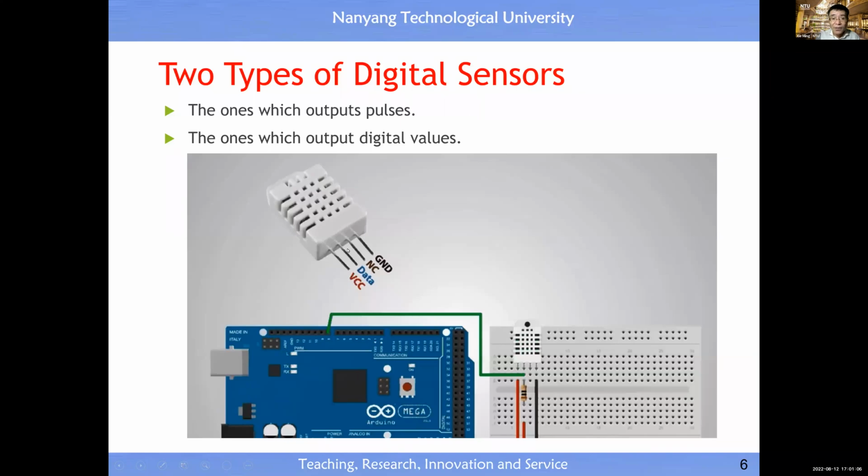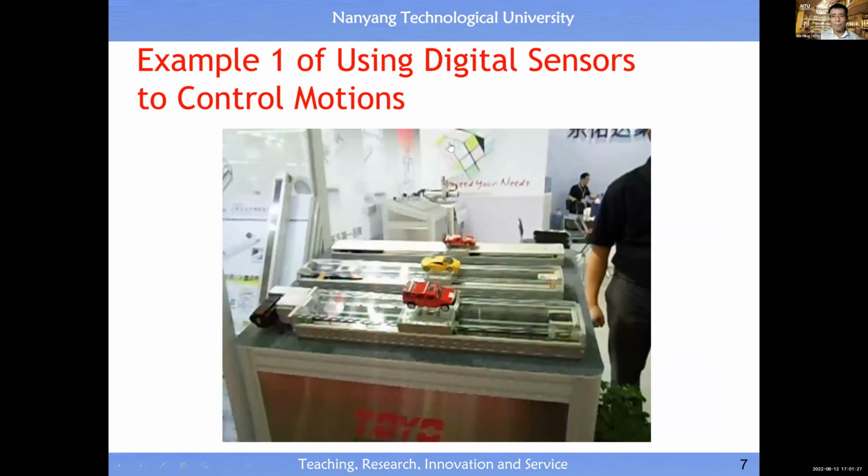Then the output here is also a square wave channel, but this square wave actually carries information. So in this case, we just treat this as data, but don't treat it as a string of square waveform, right? Okay, and then for the encoder, for example, all the sensor inside basically outputs